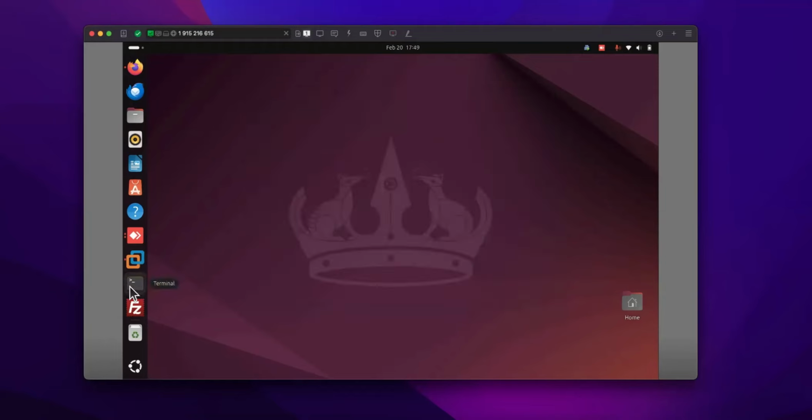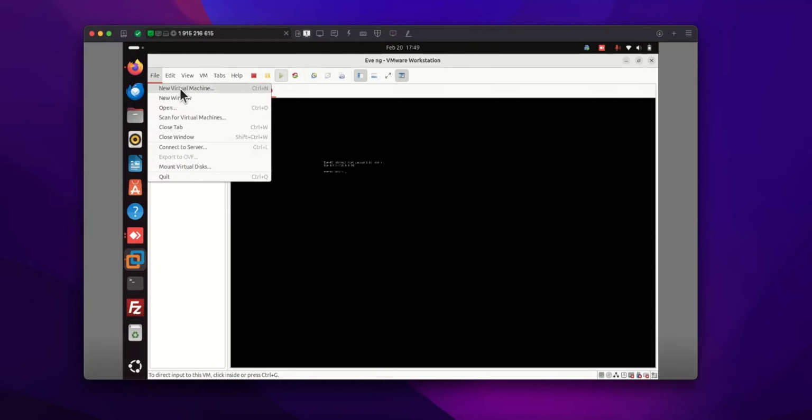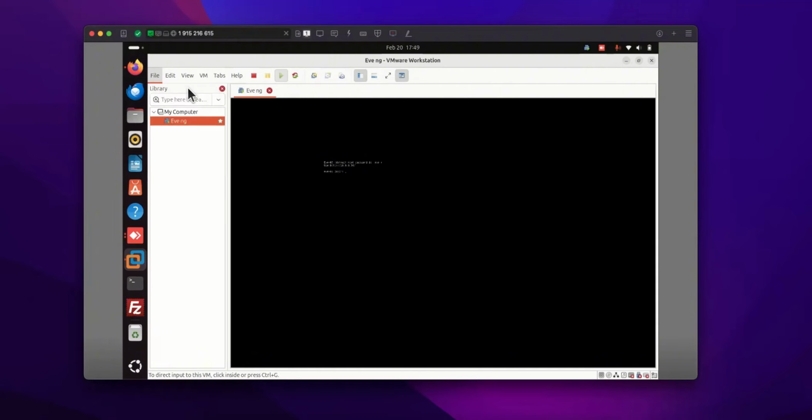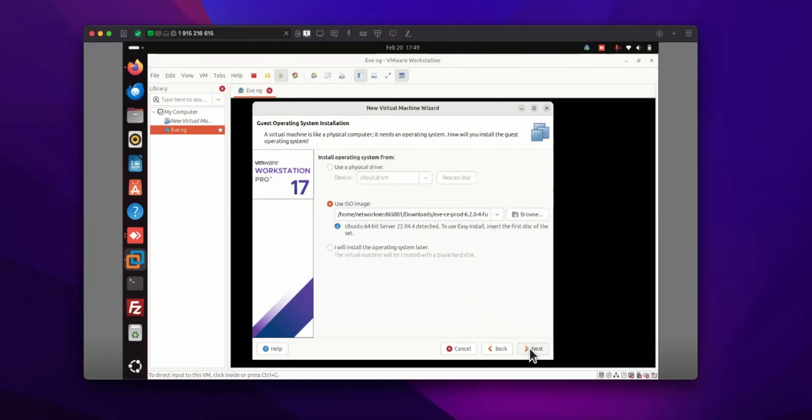Once you have done everything, go ahead into VMware Workstation. This is not how it will look at first. Once you open this one, you will be prompted to set it up. It will walk you through the basic setup. It's straightforward, nothing else, just agreeing to the terms and conditions. Once you accept everything, it will show you like this. Go ahead and create a new virtual machine, and then click on Typical, browse it,